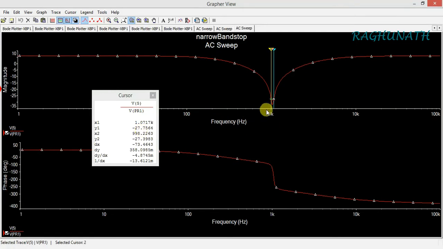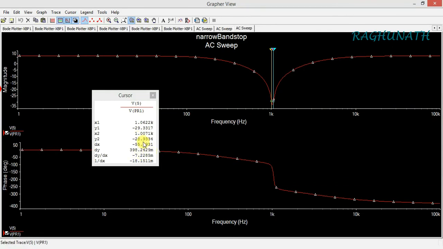I think actually 28 should come. Approximately this. Both should be at 28 only. Approximately it is 29 and 28. So difference you can see delta y around 3 dB you are going to get.